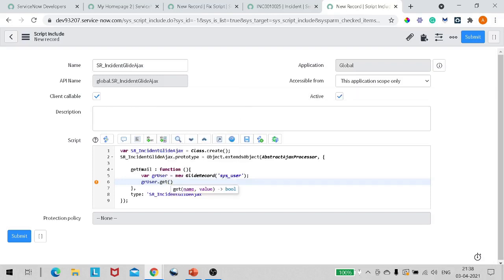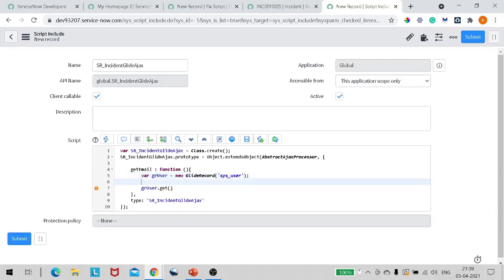To get the required object, we have to pass the sys ID of the caller. So how to get that parameter from client side to server side? This is quite simple.